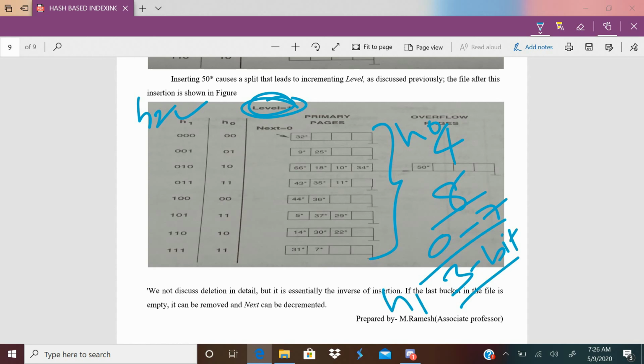This is a simple case even for deletion. Suppose I want to delete 29, what is to be done? 29 modulus 8: 8 times 3 is 24, remainder is 5. You can see it in the 5th bucket, counting 0, 1, 2, 3, 4 and 5. In the 5th bucket 29 is there, so it performs the deletion. These are the three cases for linear hashing also.